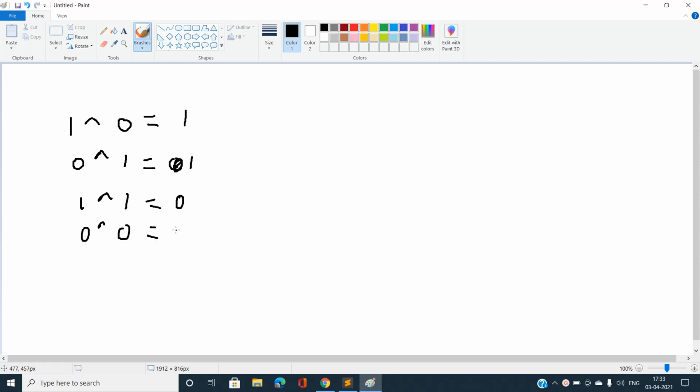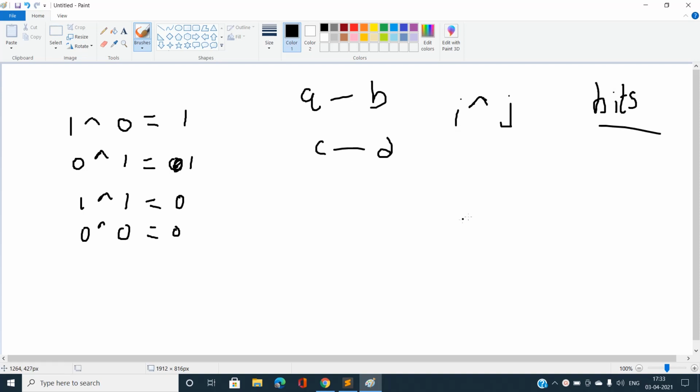Okay, so now you can see if I want to compute this XOR for every element, for I from A to B and J from C to D, I have to compute I XOR J efficiently. Okay, so how are we going to do that? You can easily see, if I focus on working on the bits rather than working on the number, then it should be efficient.